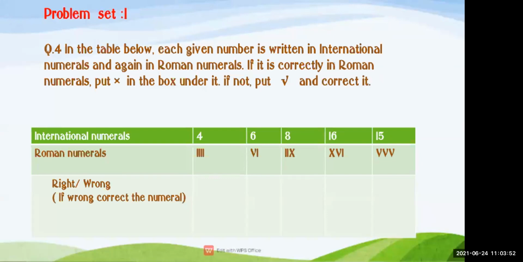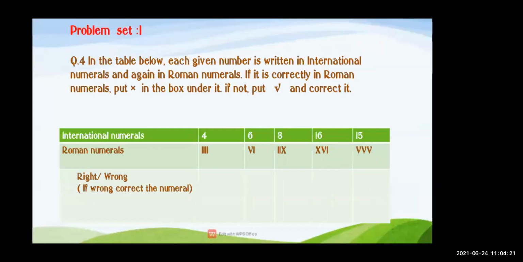Okay. Now mute yourself. Now what you have to do in this, whatever numbers and Roman numerals are not matching, you should correct it. And when it is matching, you should put a right over there. Answer right है तो right करना है. आंसर रॉन्ग है तो उसको रॉन्ग करके आंसर को करेक्ट करना है, वापस से लिखना है. So our first is 4. Now see, 4 is written I. Is it right or wrong? Very good. It is wrong.